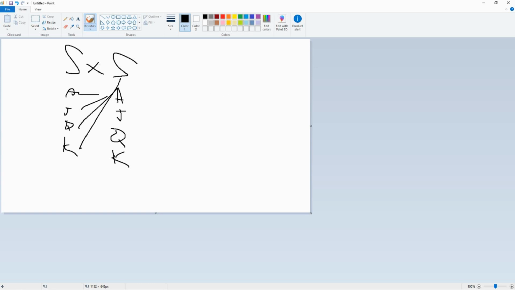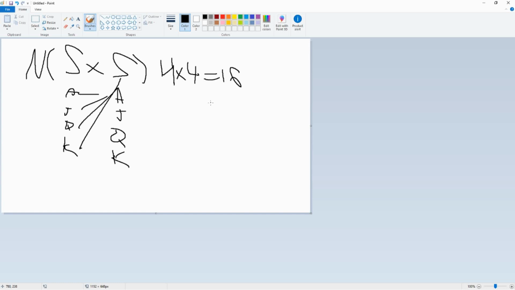So it's going to be S cross S for the number of sets, and since we have 4 different options on each side, that's 4 times 4,